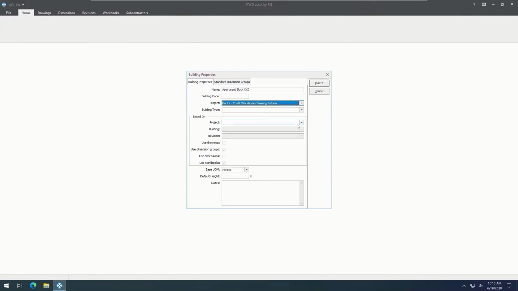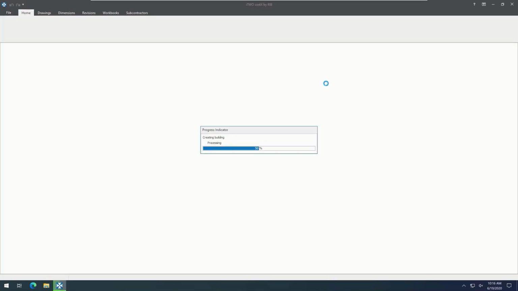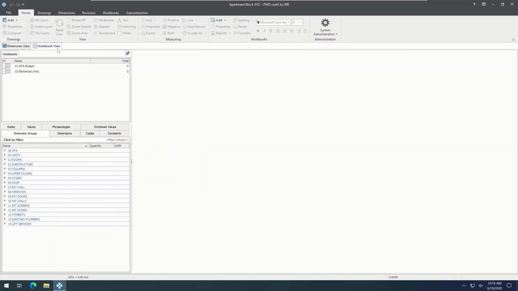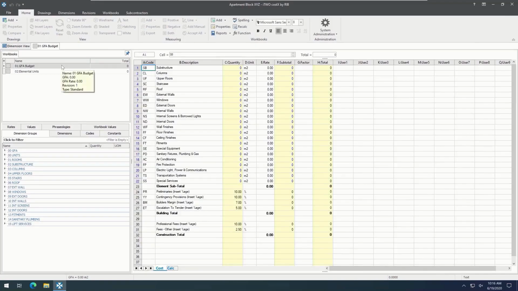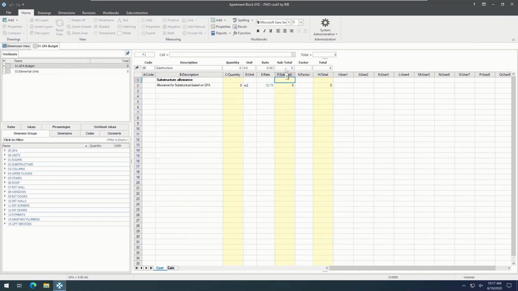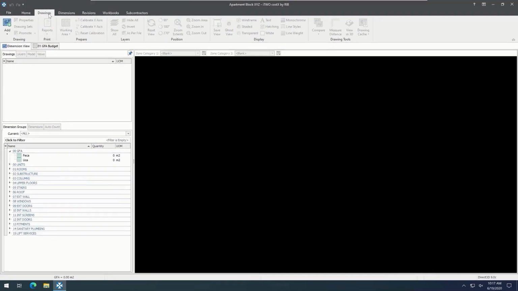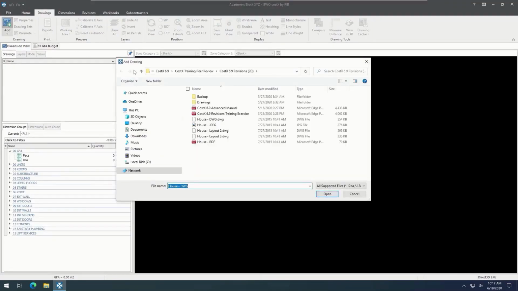Then, when we open the new building, we can see it contains a set of dimension groups and 2 workbooks based on the template. The dimension groups and workbooks are all zeroed out, as there's no drawing in the project yet, and therefore no takeoff. However, in the workbook, we see all rates and quantities have green zeros, which denotes the live link between dimensions and workbooks that we previously created. Therefore, if we just add the drawing that we want to the new project,